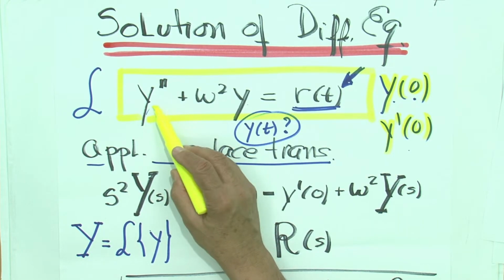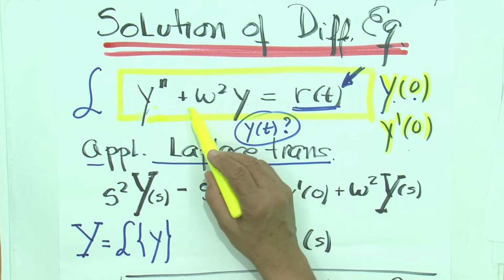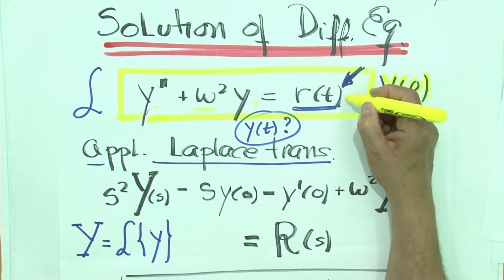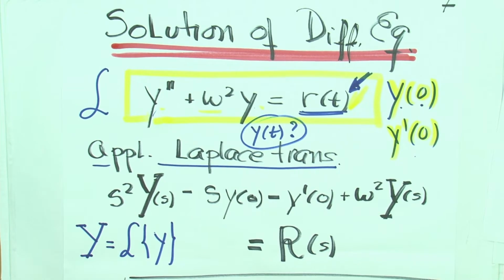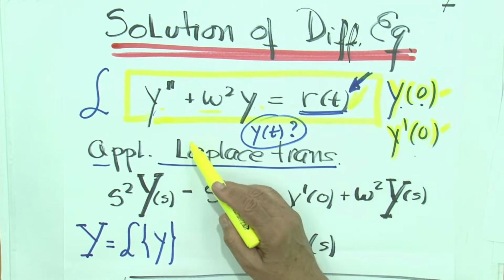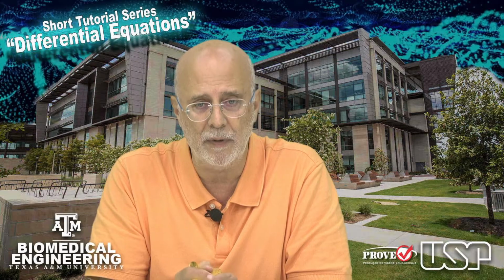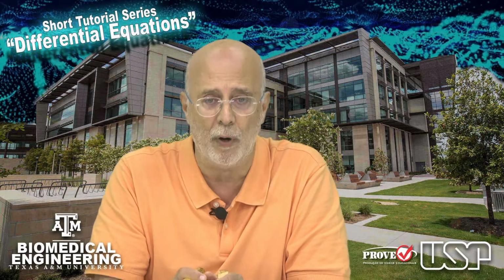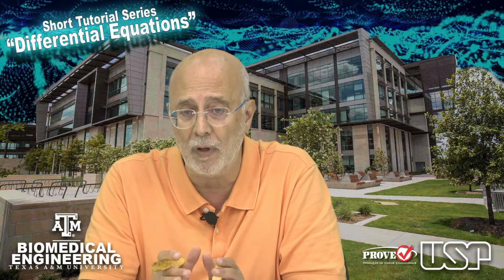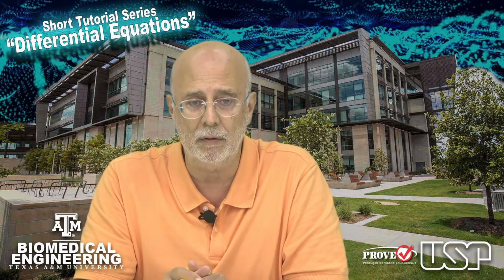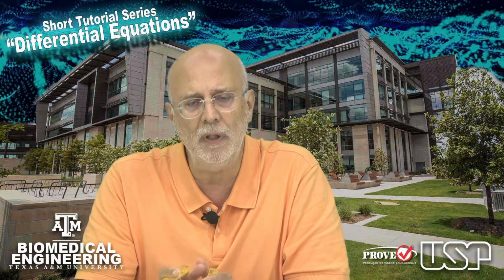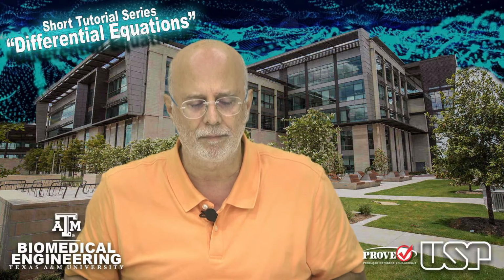So imagine that I have the second derivative of a function plus omega squared times the function equal to an independent function. And of course, I'm giving the two initial conditions, the value of the function at the beginning and its derivative at the beginning. In fact, this is always necessary when you're solving a differential equation. The initial conditions are very important, because you're going nowhere if you don't have them, right? You can have an idea about the solution, but only the initial conditions will really give you the solution for the problem you are considering.